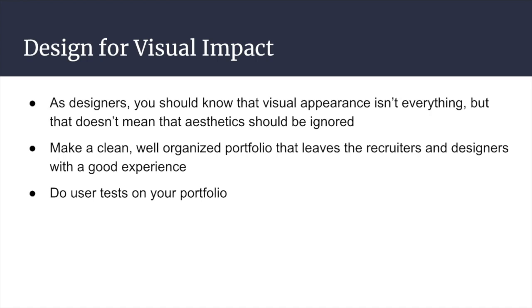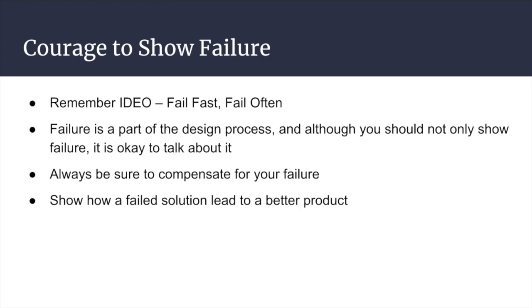And another thing that you can do on there is just do user tests. Make sure that people can actually follow where you're going on these, just kind of in your story that you're trying to tell. And the last point I wanted to make is don't be afraid to kind of let these